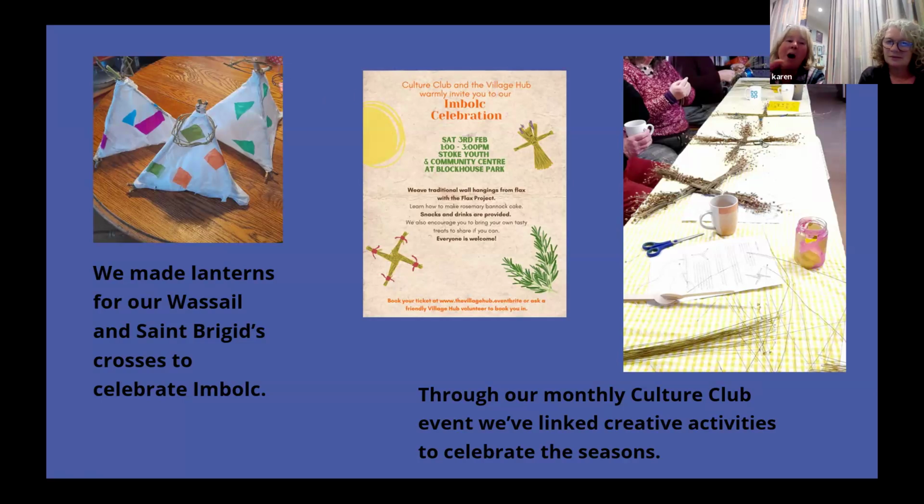And the art that we linked to it was the lantern making, which is really popular. We also, these are two of our most recent ones. The in bulk celebration was recently to do with St. Bridget's crosses, and so again we used flax and willow and did some weaving and some quite complex structures